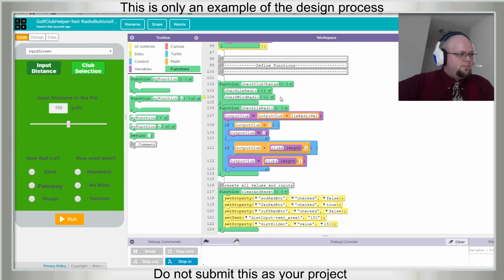Check lie radio, which we need output club here. We'll call this the before club, and we can pass this through the before club and before club.